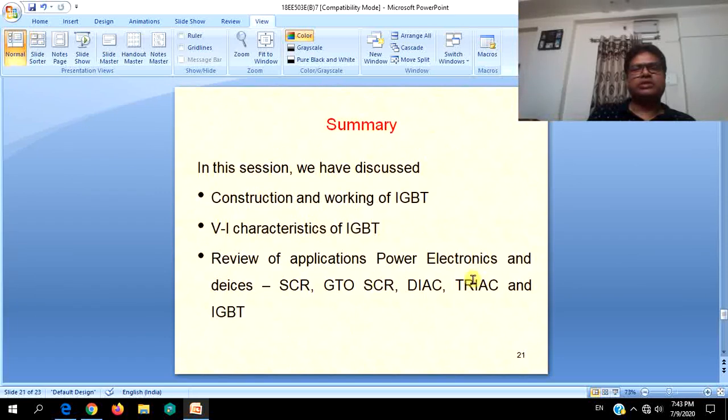where we have discussed the construction and working and VI characteristics of IGBT and reviewed applications of the devices which we have already discussed, and also the IGBT, wherein we have to concentrate on the actual ratings of those devices. Depending on the ratings of those devices and depending on the actual ratings required for the load, we have to correlate between and we have to select those power electronic devices to suit the